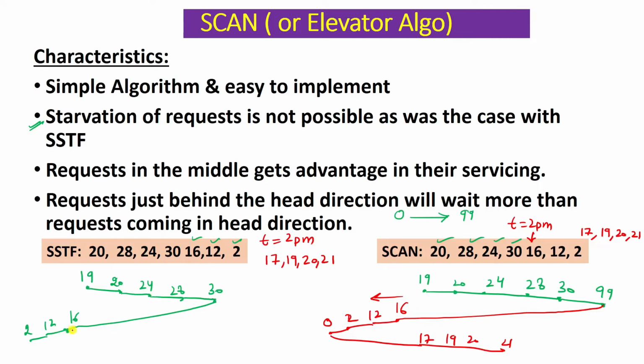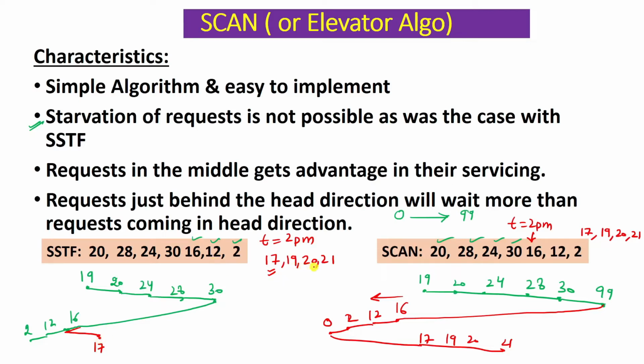When we were at the 16th cylinder, this request again came and we are working with SSTF. So according to SSTF, after 16 we'll not go to 12, we'll go to 17, because the distance between 17 and 16 is actually 1 and the difference between 16 and 12 is actually 4. So 17 is closer. So after 16 we'll change the direction of the read write head and we'll go to 17.